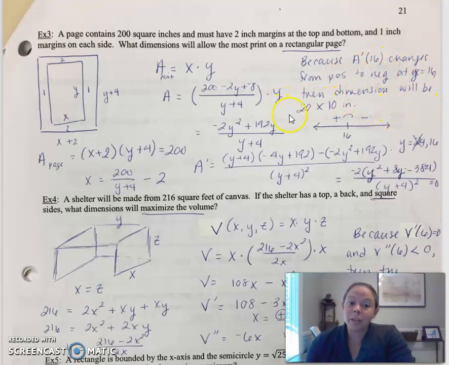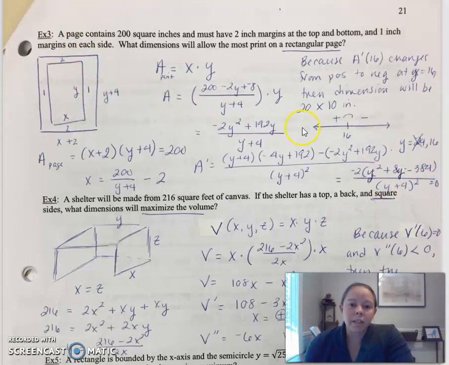Okay, and make sure you give me the dimensions. And in this one, you got x and y. It says, what dimensions will allow the most print on the rectangular page? So you want to give me the dimensions of the overall page. So we got our x and y to be 16. Well, we got 16, and that's here. That was your y value. So if you plug 16 in there,